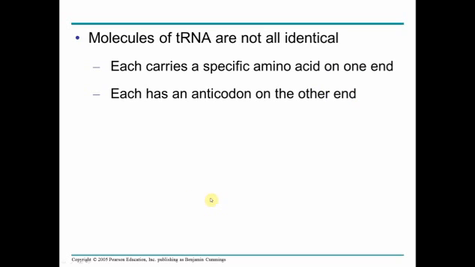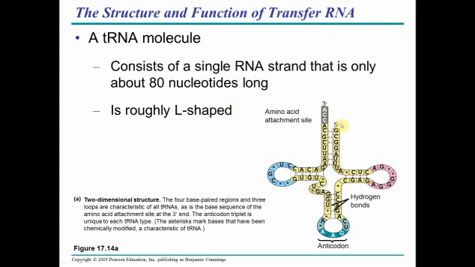Not all tRNAs are identical. At one end I said we have an amino acid. At the other end is an anticodon. And here's basically what it looks like. Here's the amino acid binding site. Notice it's the 3' end here of this